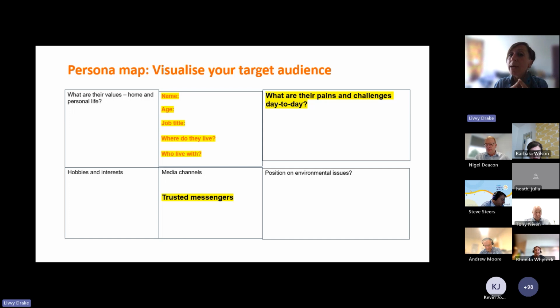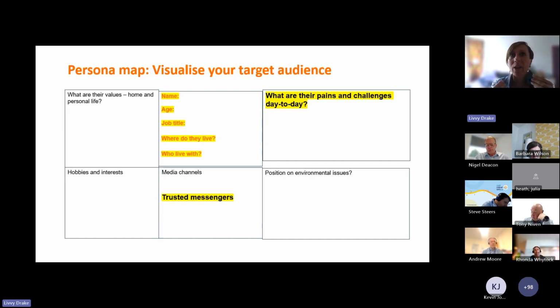And what's really important about that target audience is, who do they trust? And I hate to tell you this, anybody who works in a council, it's probably not you. It's quite often somebody else. So is it their neighbours that they trust? Is it somebody from the local community, especially if English isn't their first language?